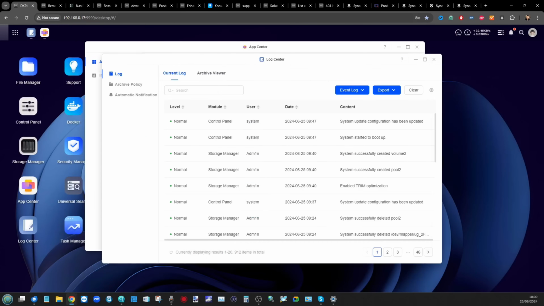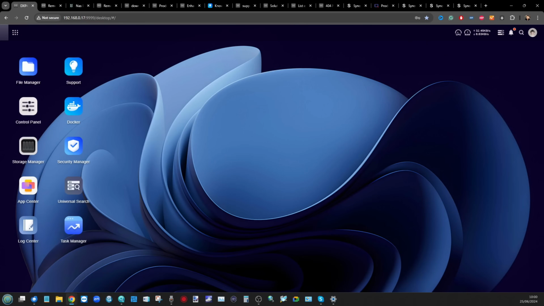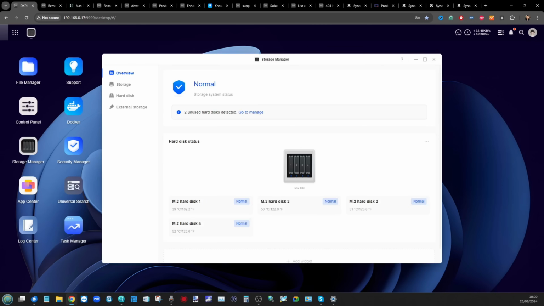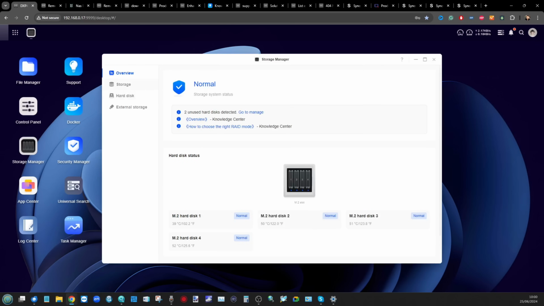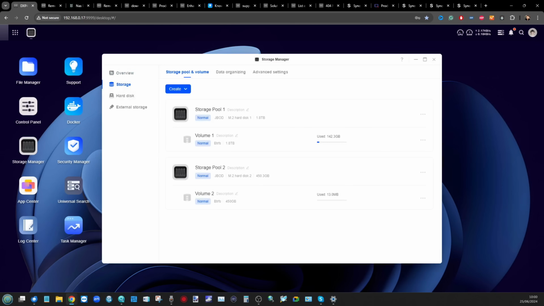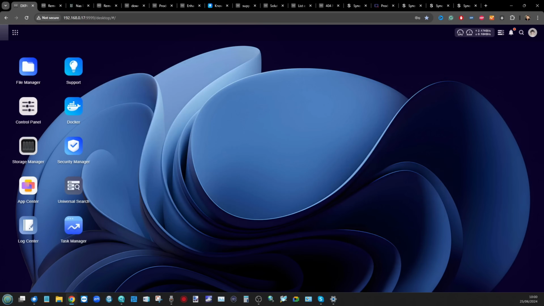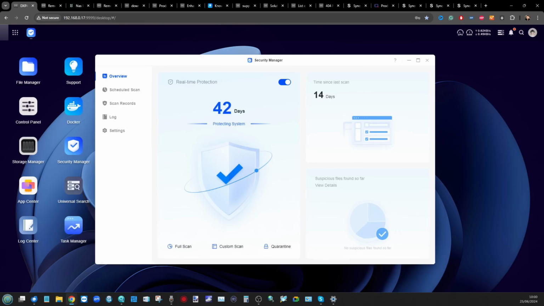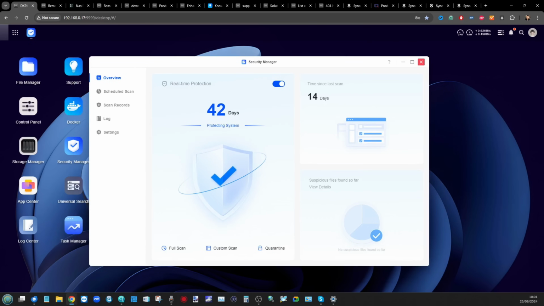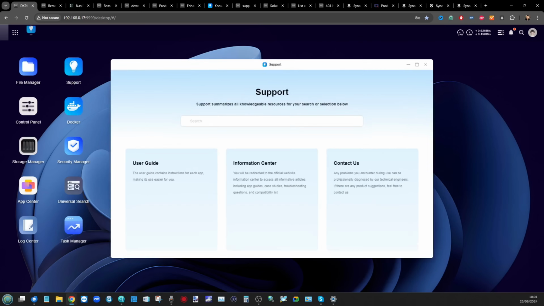I think the storage manager is good. It is responsive, and during my utilization of it, the build time and the synchronization of RAID configurations was very good. Do I wish there was ZFS? Of course I do. But having BTRFS is a good start there. I don't like the lack of two-step authentication. I don't like that the security manager doesn't have system-wide network monitoring, and the support tools, although very, very good,